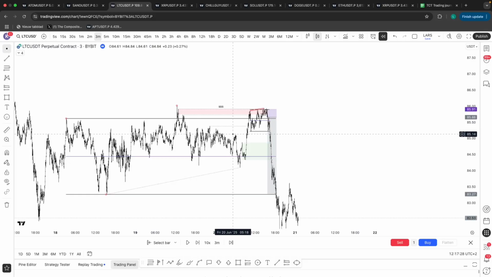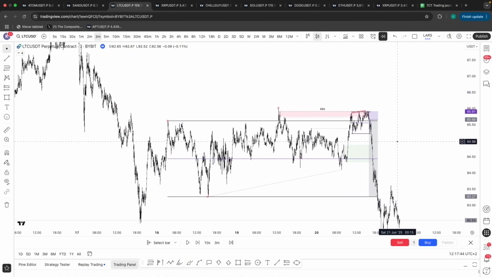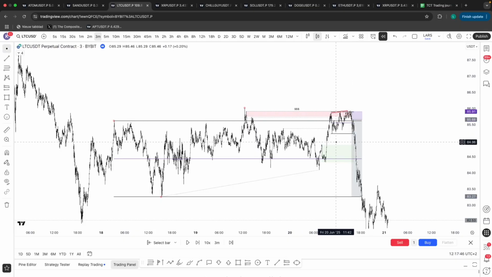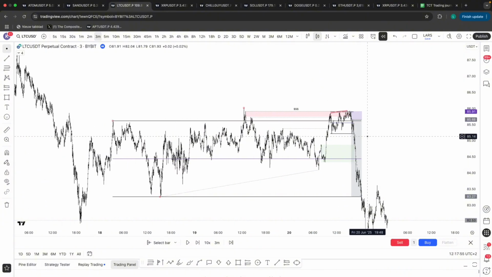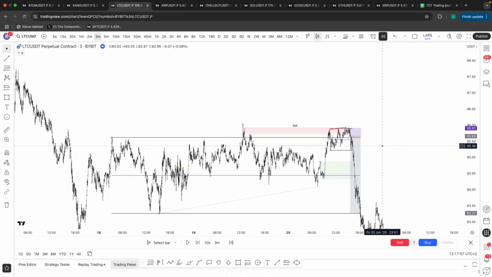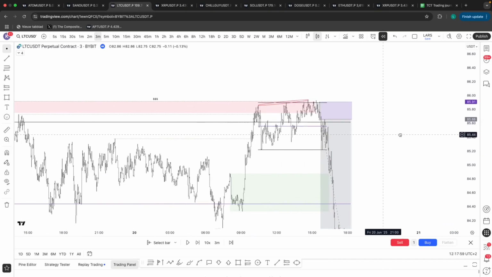However, if we do get some aggressive moves like this into the third tap, I like to see an overall medium time frame topping formation as a whole, because a low time frame breaker structure is not going to be working in these events. You want to see some local range formations. Doesn't have to be TCT and TCT, but just local topping structures on a medium time frame with a convincing break, and not just a low time frame break, because right here you can see that low time frame break